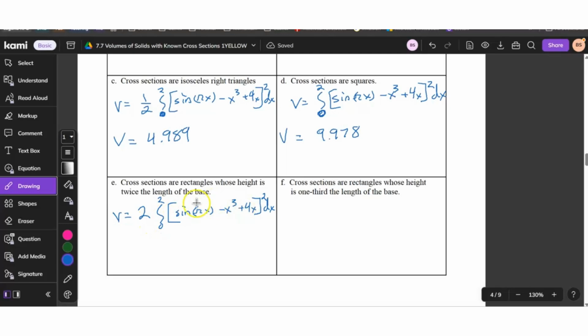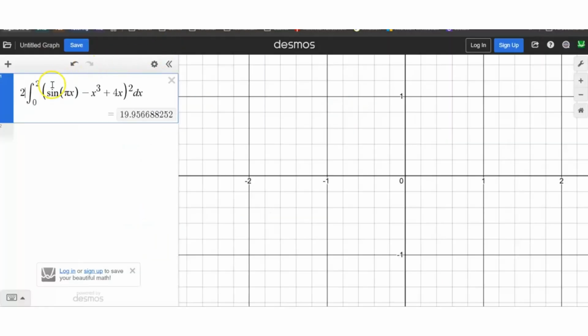No, yeah, this is base times height. This is the ratio of base to height. Because one of these would be the length of the base. The other one would be the height, but it needs to be times 2 because the length is twice the length of the base. Yeah, it's the same thing. No. That would be, I'd have to have a 4. That would be if there was a 2 inside here and it was squared. So because it's on the outside, it just means we're multiplying by 2. All right, and then I got to figure out what that one is. So we're going to change our coefficient now to 2. Again,